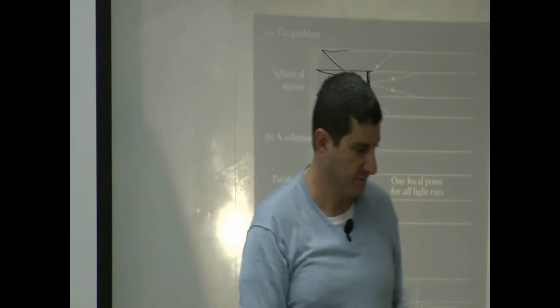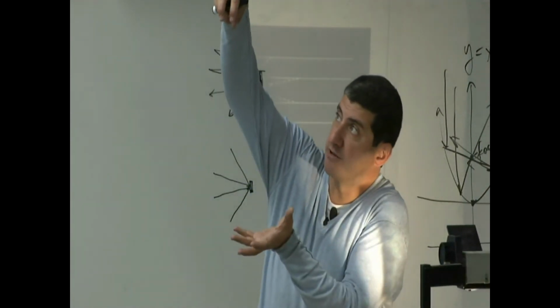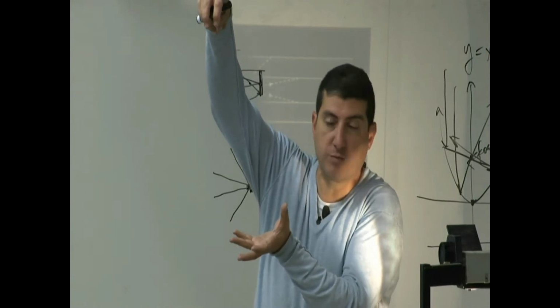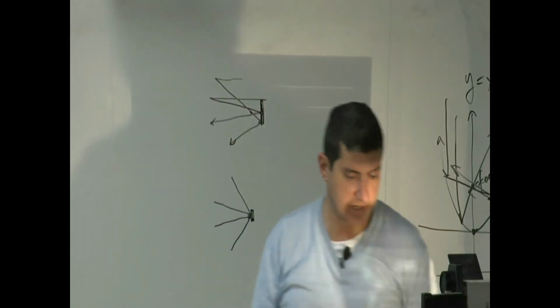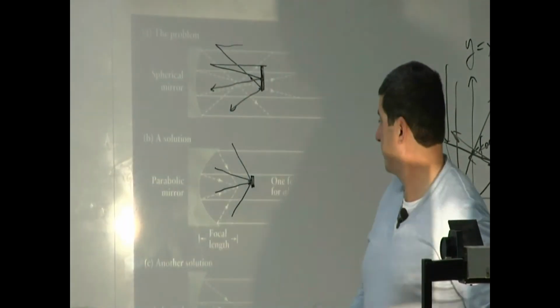Same thing happens with radio telescopes. When you go to that big dish that I was telling you about in Barstow, they cut that dish, they make sure it's a parabola, a perfect parabola. You see? And then if they have a receiver, they put the receiver at the focal point of that parabola, and then all the information goes there. You see? So what this one is saying,